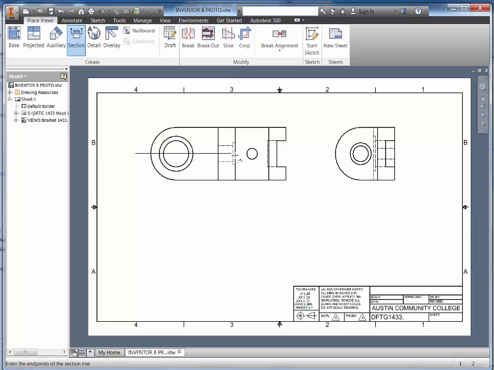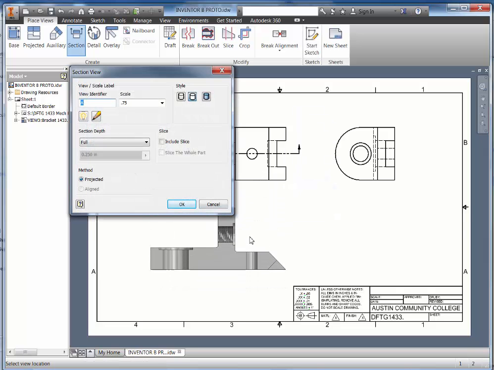Then I want to come straight back through my part and make sure that I'm on a horizontal line. I don't want to be off a little bit. I want to make sure that I'm right on the horizontal line. You can see there's a perpendicular glyph following the endpoint of where my mouse is. So I want my second arrowhead for the cutting plane to be about right here. At that point, I'm going to right click the mouse and choose Continue. Now you can see that I have a view coming down here,